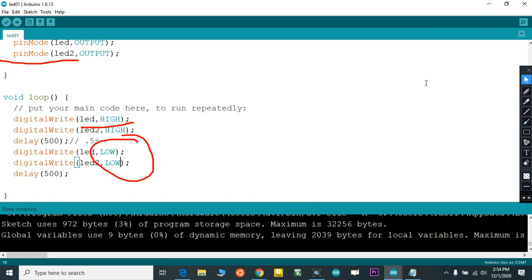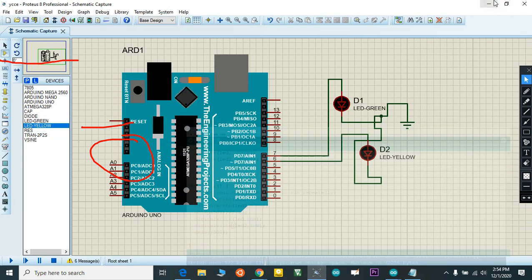See, I'm using the same file, so the second time I don't need to copy my hex file. If you're changing this directory or this file, then only you have to update it. I just start my simulation. Both will blink at the same time and both will turn off.